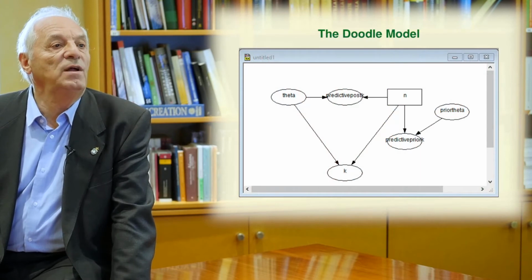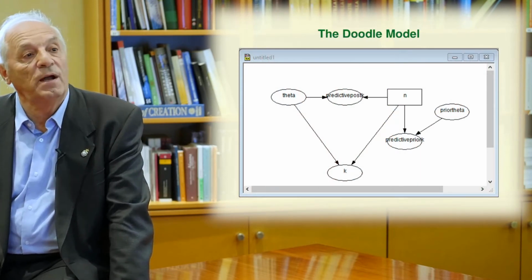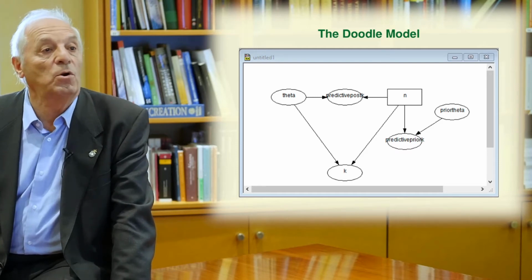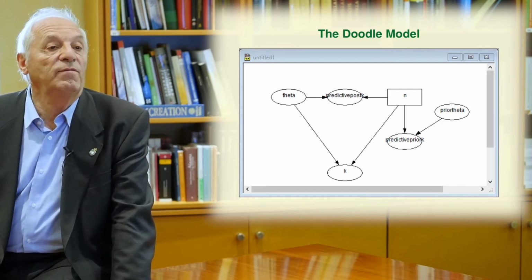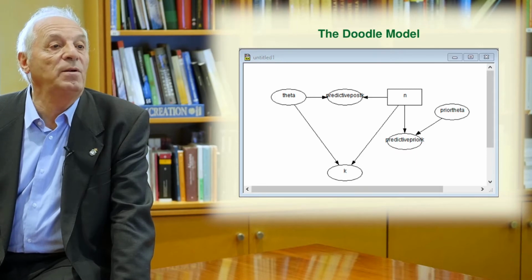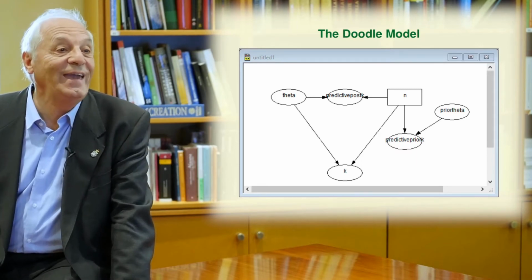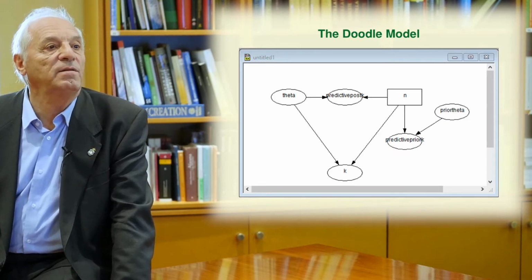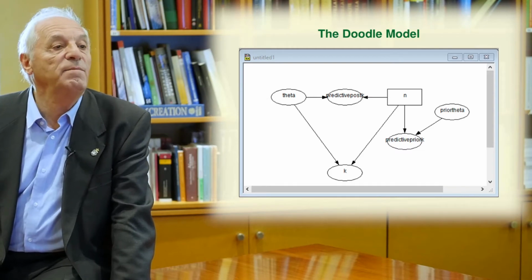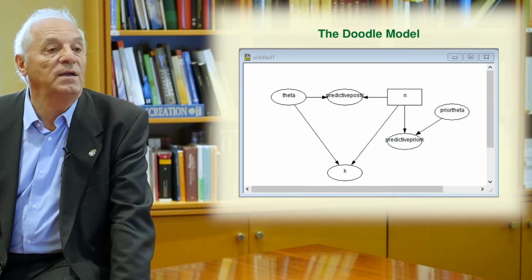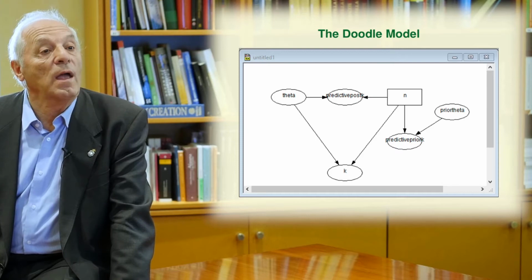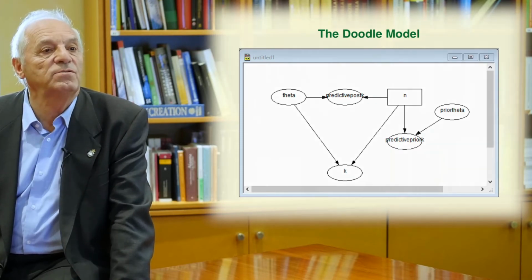This is the Doodle model for this case, in which you have two parts, the right part and the left part of the plot. In the right part, we have the prior, there is no sample there, but in the left, we have k, which is the sample, so that the posterior theta parameter is influenced by the experimentation. However, in the case of the prior, theta has no relation with the sample.